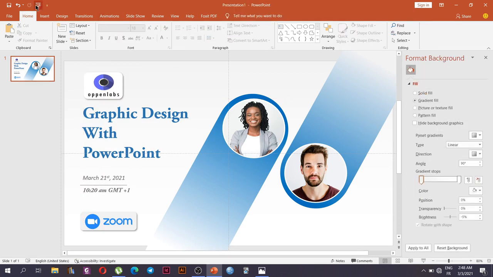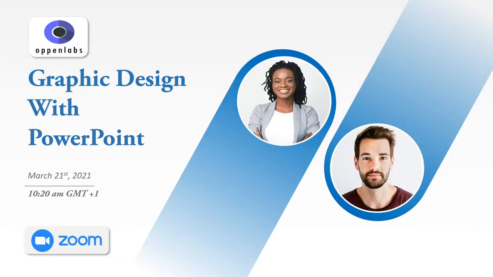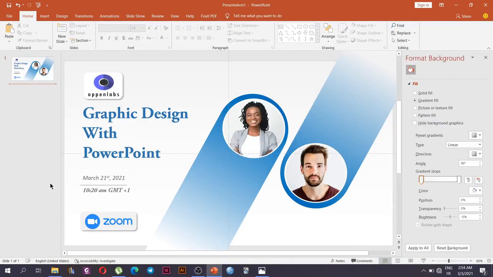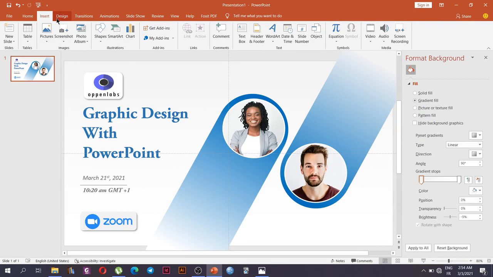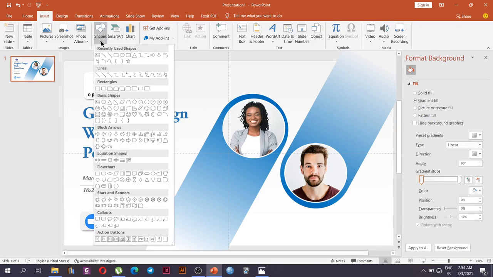And we can preview by doing a slideshow. And see it's already pretty awesome. So now we're going to add some other design elements to make our design look pretty cool. So we're going to go to insert, shape, and choose a